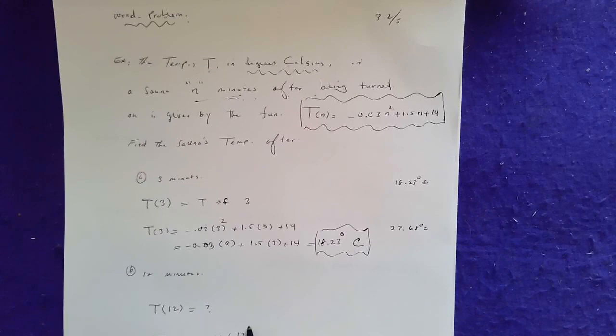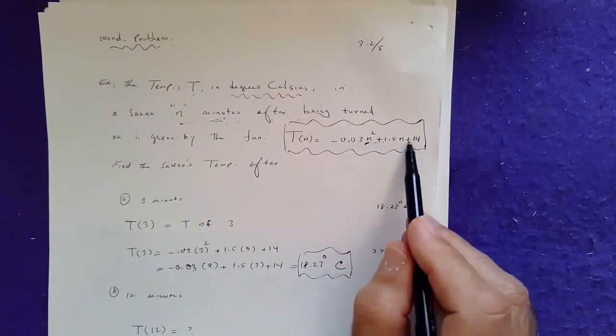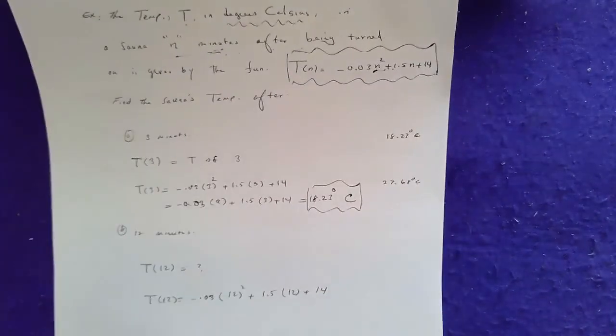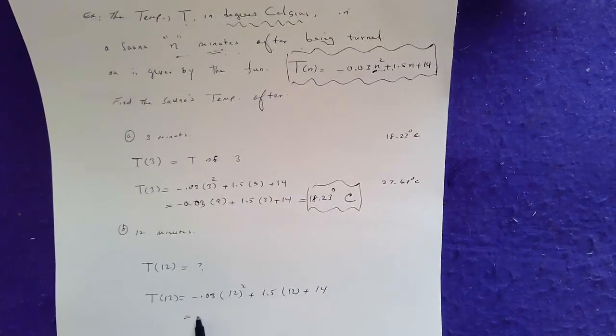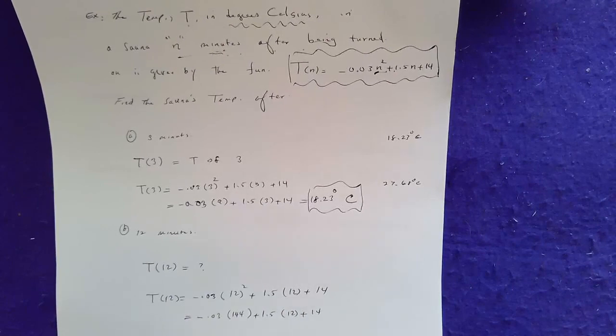So this would be negative 0.03 times 12 squared plus 1.5 times 12 plus 14. What are you doing? Replacing the n's with 12, the number which was given to me. And if you work this out, first you do the exponent, which is negative 0.03 times 144 plus 1.5 times 12 plus 14. And this comes up to